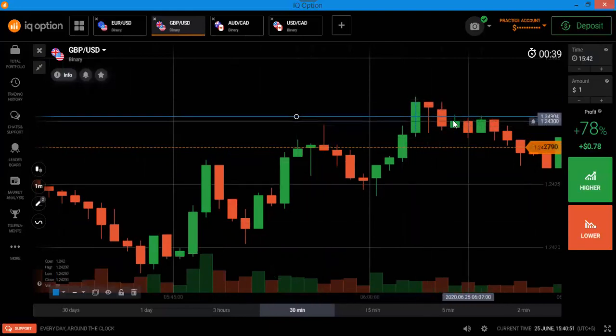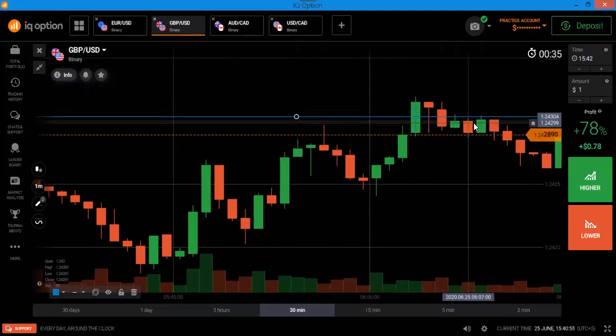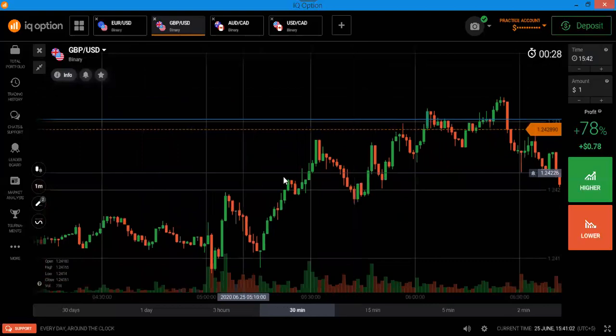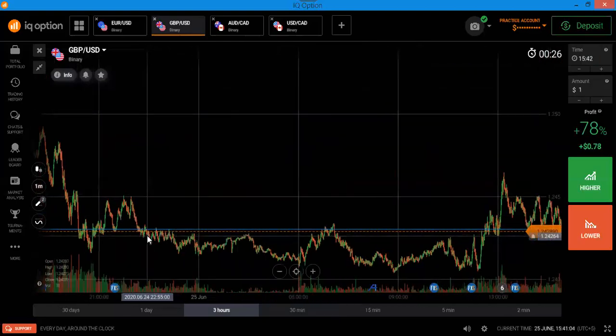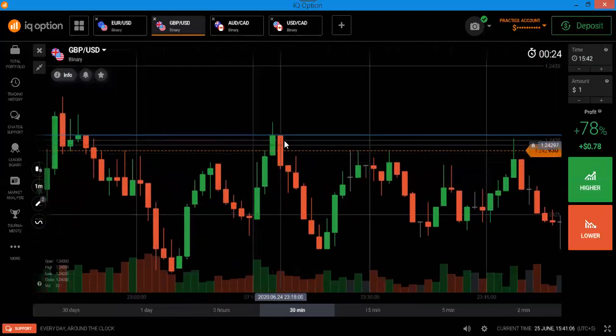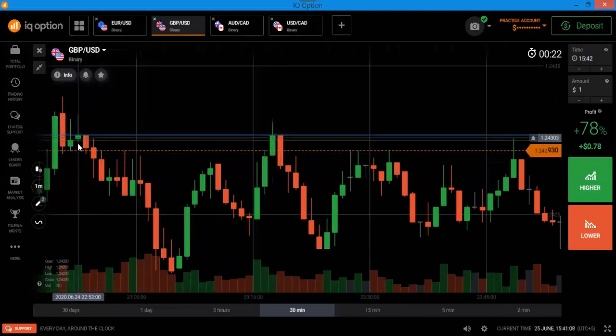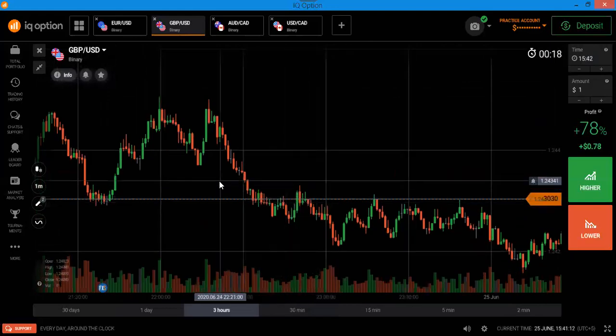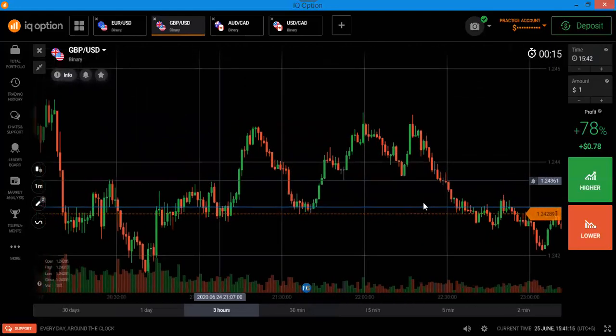Look at the future: after this candle, these candles are rejecting from the resistance line because price is below it. Now we go into the past to confirm whether it is an accurate level or not. It gives you an idea of how accurate the support and resistance is. It's accurate. So it always works in a trend when you don't have price action in the past.